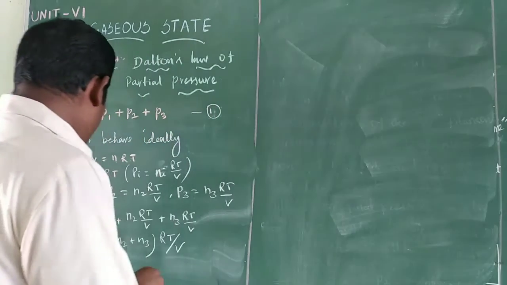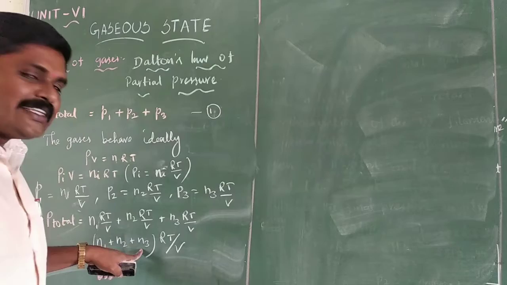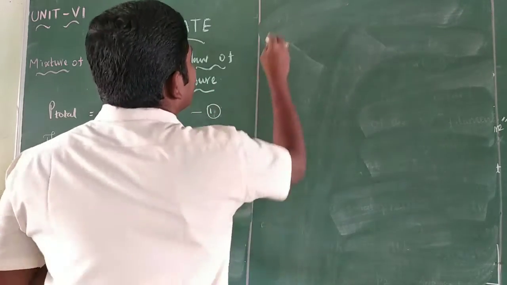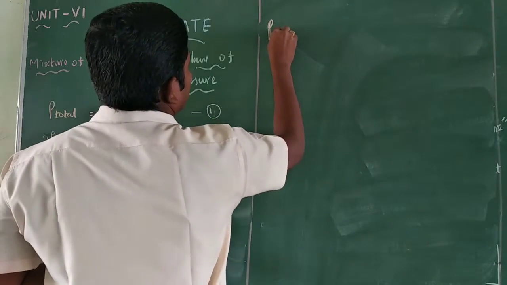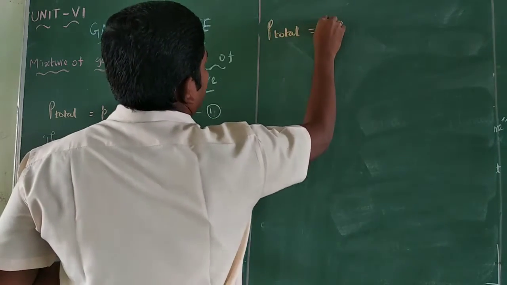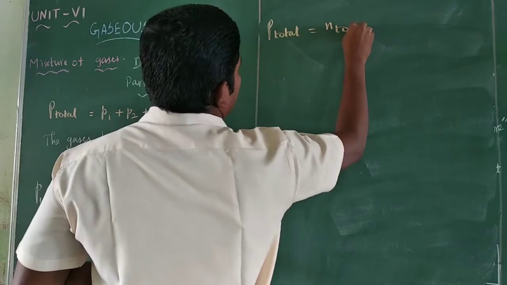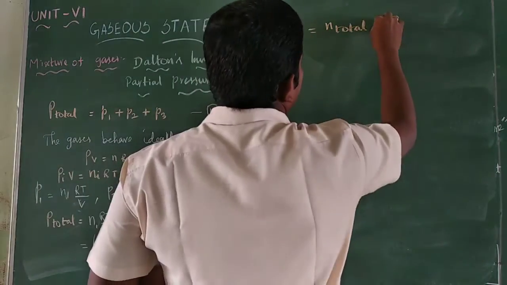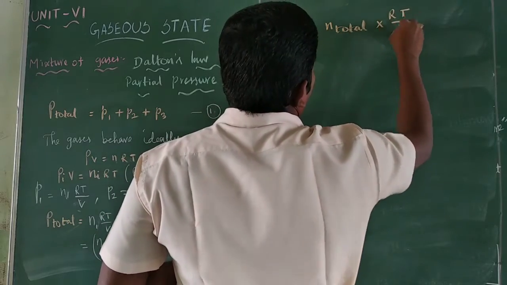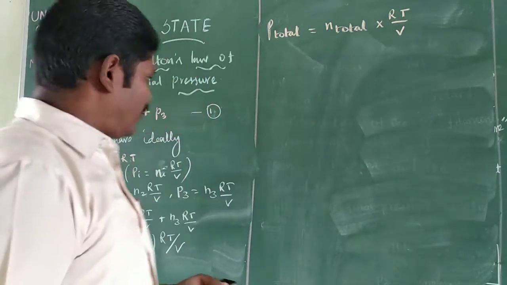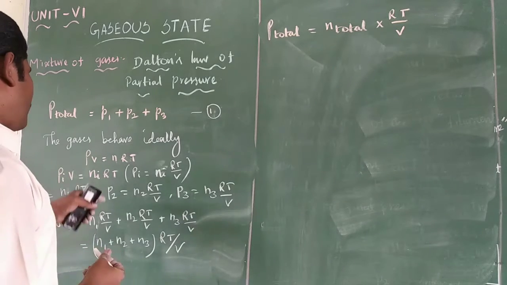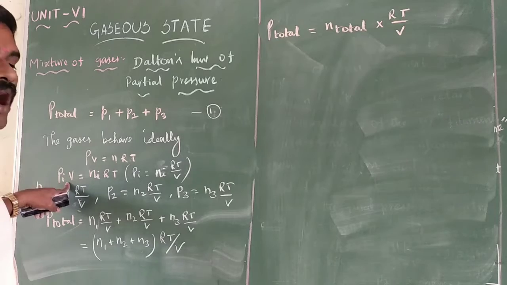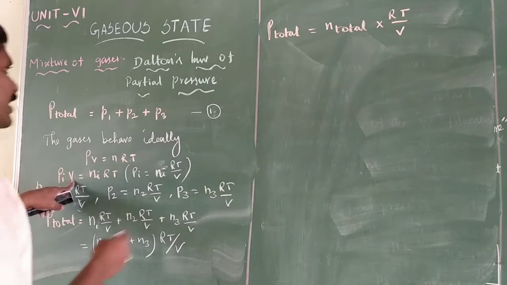RT by V. So N1 plus N2 plus N3 is equal to N total. So P total is equal to N total into RT by V. Okay. The partial pressure can also be expressed